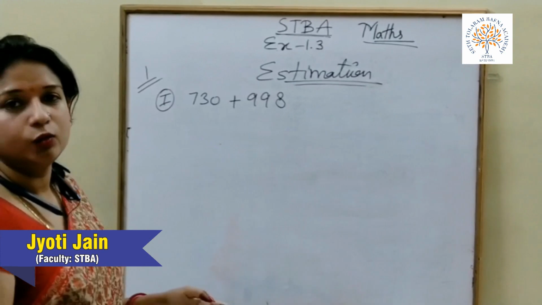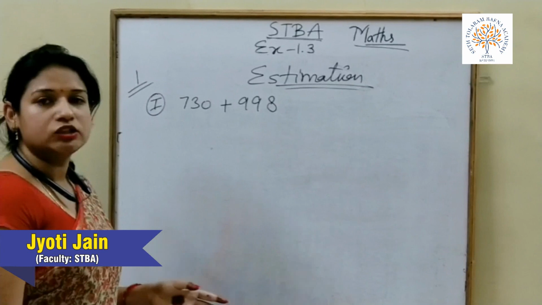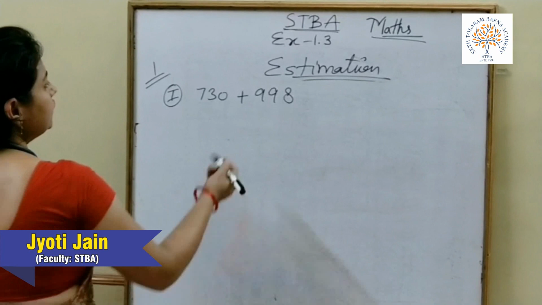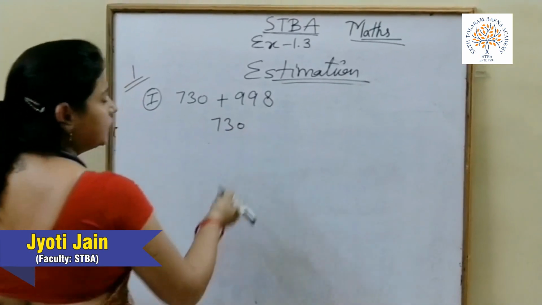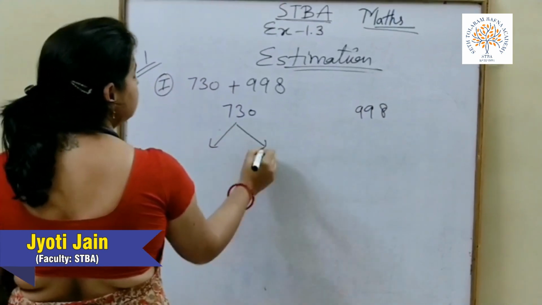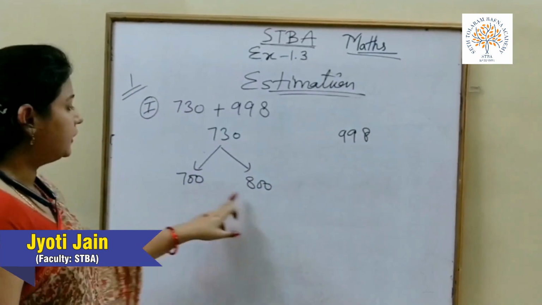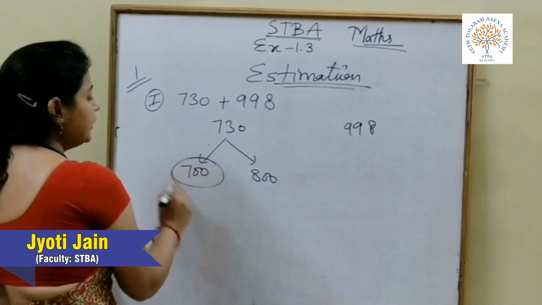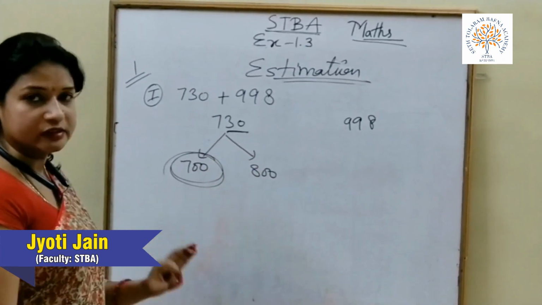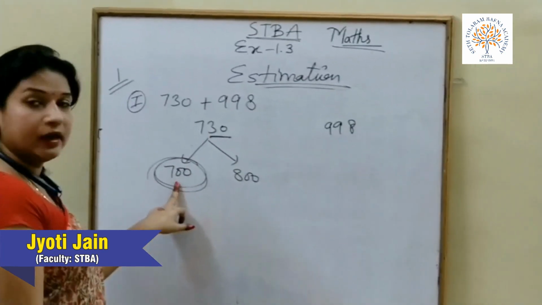Basically, there is no rigid rule for estimation. The procedure depends on the accuracy of calculations, and second thing is how much time you need to do that calculation. So for this one, we are converting them into the nearest 100. See, 730, nearest hundreds are 700 and 800. The nearest one is 700 here. We can easily see the last two digits here are less than 50. It means it will be converted into the previous 100, which is 700.